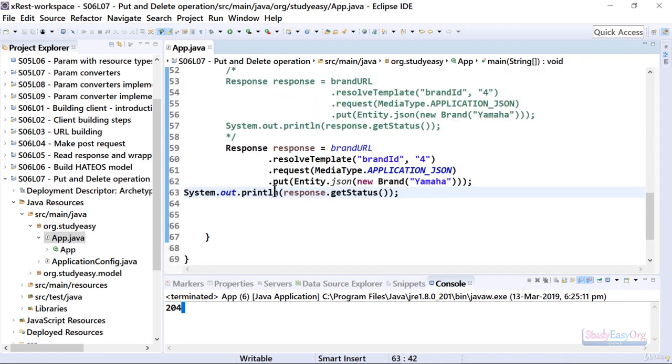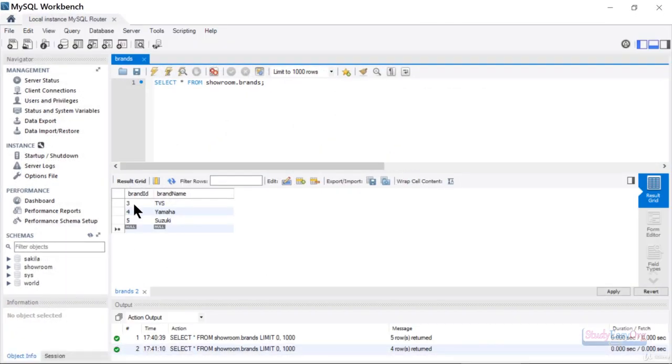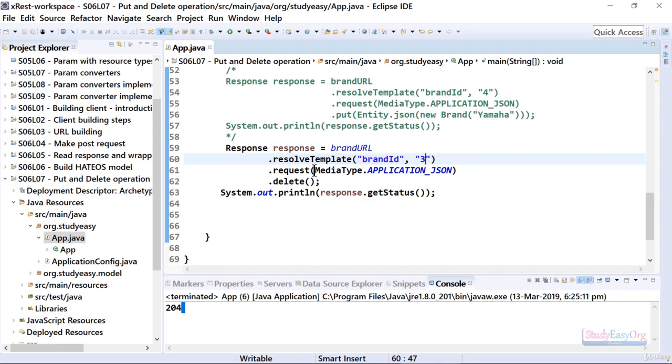Now imagine in here we are not dealing with put, we are dealing with delete. So in here we will simply type in delete, right? Now friends, in order to delete we must have the resource, so we will also update the ID from 4 to 3. The resource which we wish to delete, the brand with ID 3. This is cool. Media type is not required. Let me get rid of this, and the rest of everything is good enough. We will get a status again. Let me run this application,